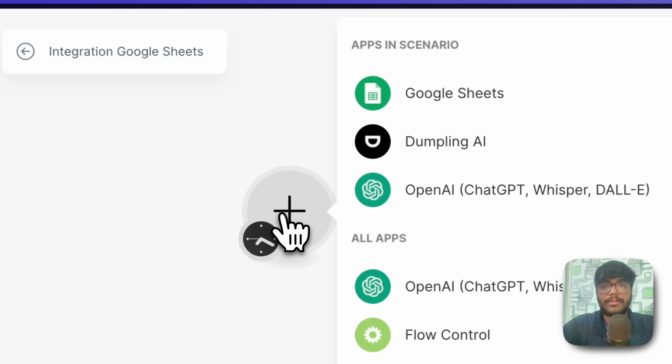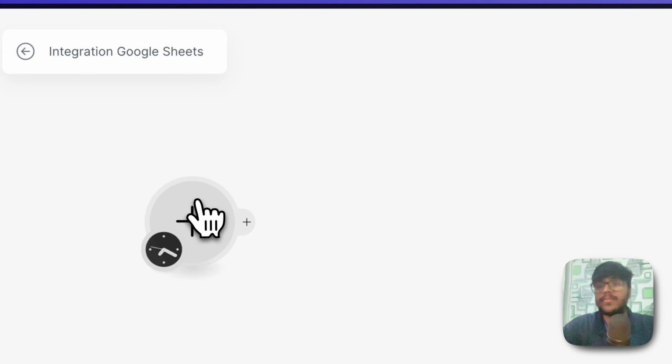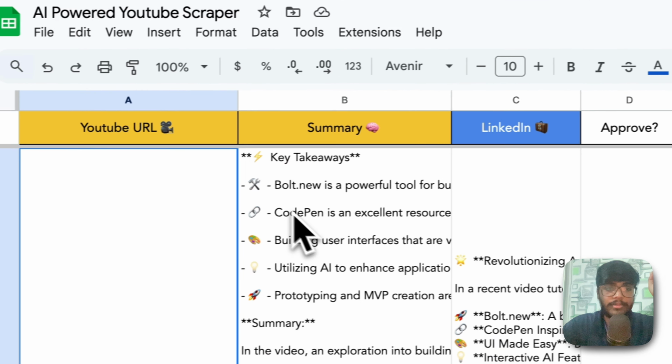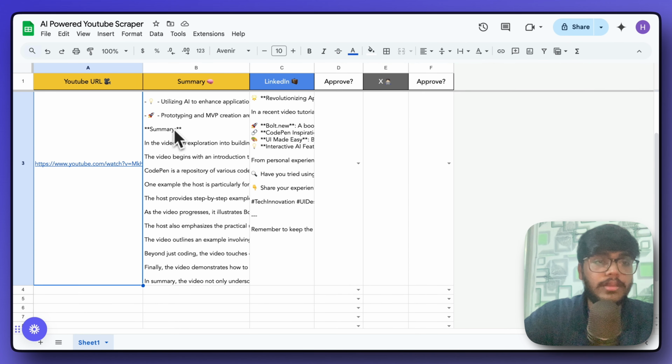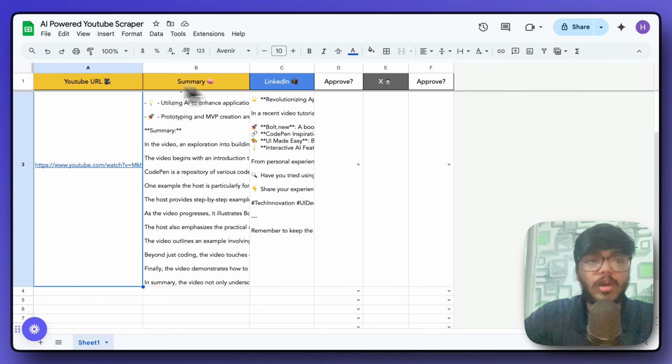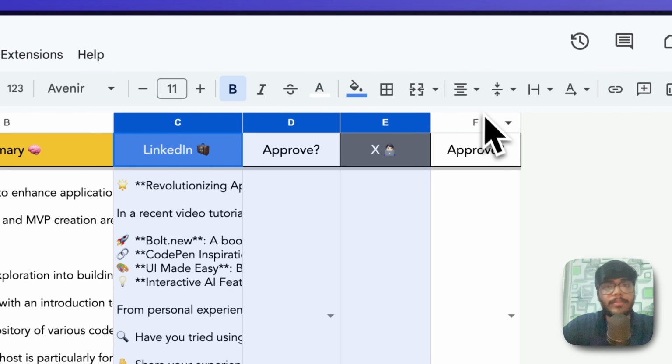Now let's see how the system is going to work. So the first step that we need to do is create a sheet database, right? So this is the sheet that we are going to use in this one. Basically here there are 6 columns: YouTube URL, summary, and these are columns that you can create on your own,